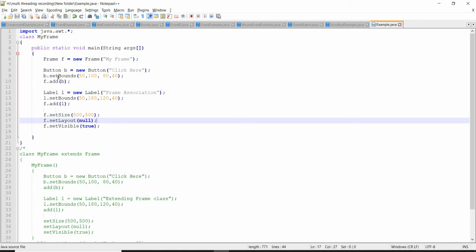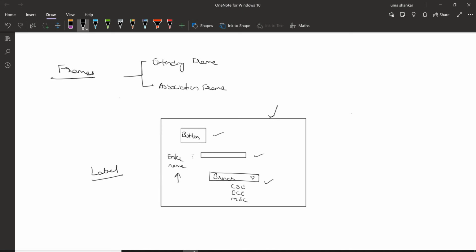Then there is a method called setBounds. On the frame, starting from the 0, 0 location, the x-axis moves in this direction and the y-axis moves in this direction. Where the button has to be placed and where this label has to be placed, whether at the corner, top right corner, bottom corner, or center of the frame, we need to specify the location.